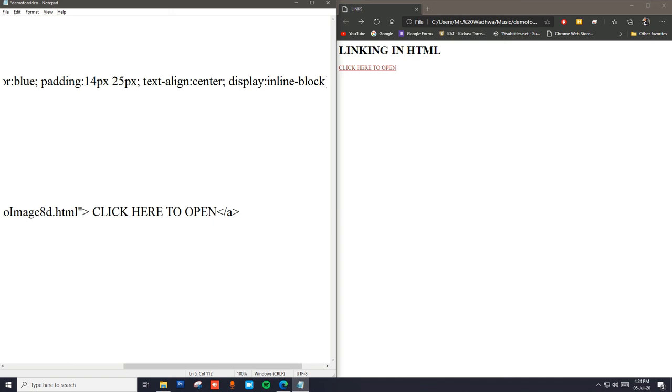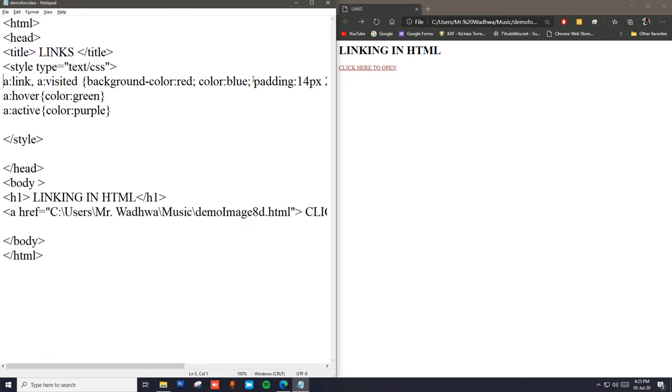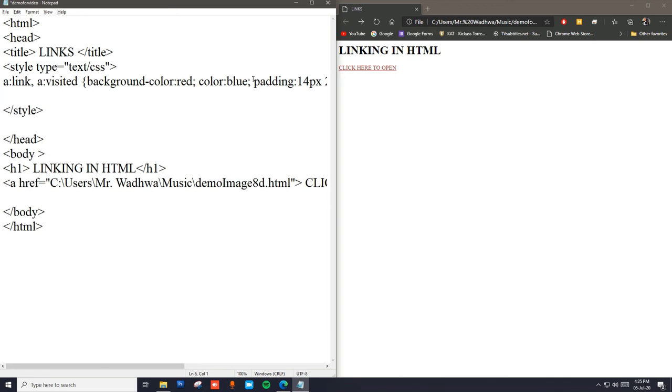This option will help you to make a simple text look like a button. Now this is it. I have done all the styling here, and now I'll remove the underline. If you want to have it, you can, but I don't need it because it's a button, and once I refresh it,